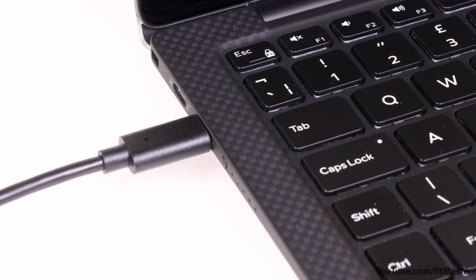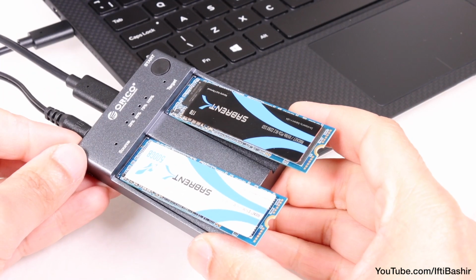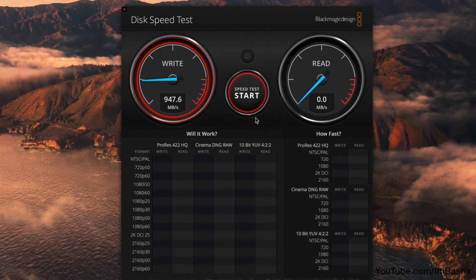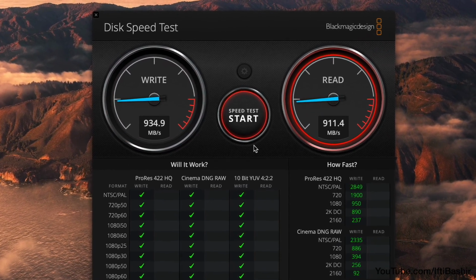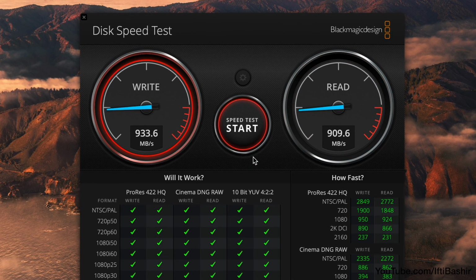Users have some flexibility here, so we can connect a single SSD or two SSDs as in our example here, and we maintain full speed access to the drives, pretty much saturating the USB 3.1 Gen 2 interface, when using the Type-C cable that is. Yes, the drives themselves are capable of higher speeds, but this is pretty much the highest you'll achieve with the